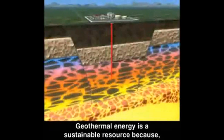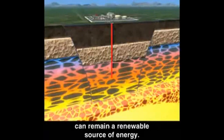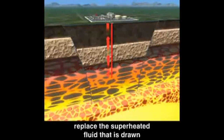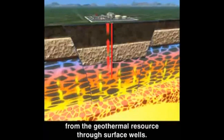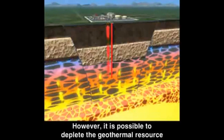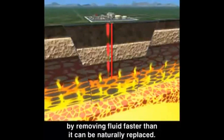Geothermal energy is a sustainable resource because with proper management, a geothermal resource can remain a renewable source of energy. Water trapped deep within the earth will naturally replace the superheated fluid that is drawn from the geothermal resource through surface wells. However, it is possible to deplete the geothermal resource by removing fluid faster than it can be naturally